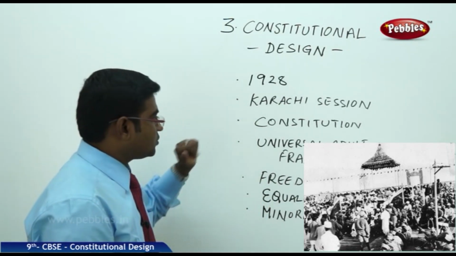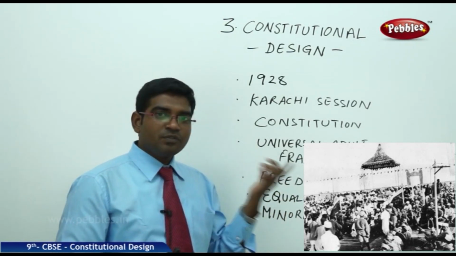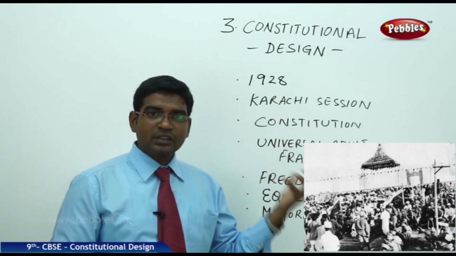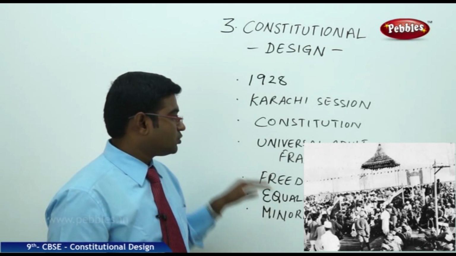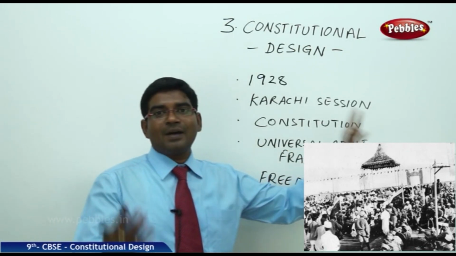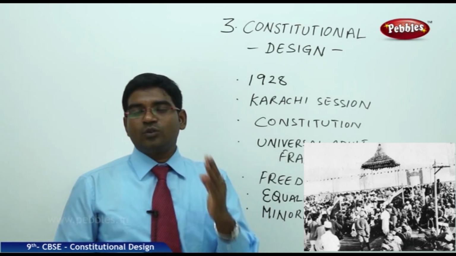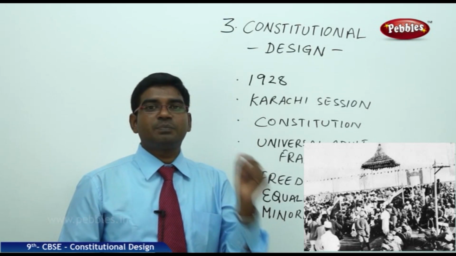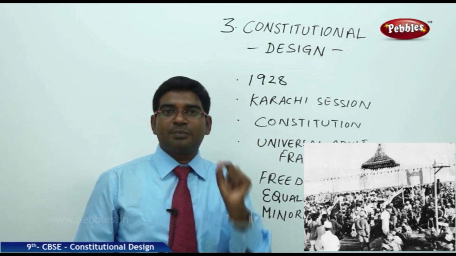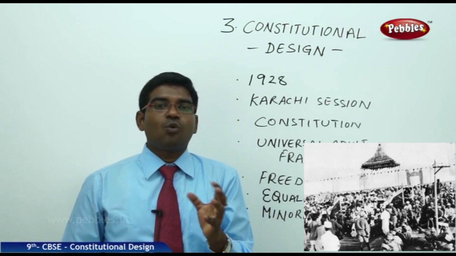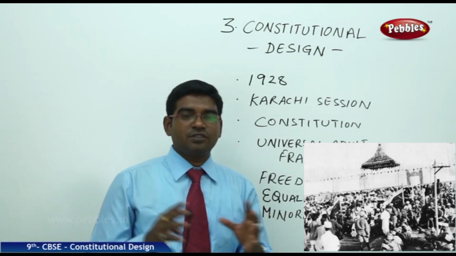First, the Constitution has universal adult franchise as the underlying principle, freedom for every individual, equality in treatment, and minority rights have to be preserved. So, universal adult franchise: with our past experiences, the Britishers had given voting rights to only 1% of the people, which means it was just a microscopic representation of the Indian community. So they wanted the true representation, which is a gigantic representation of a large country.